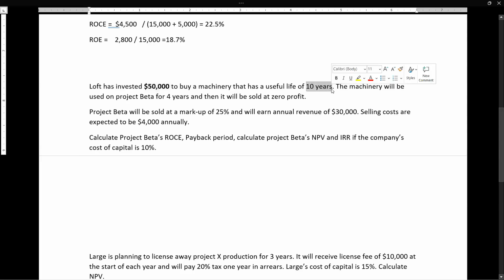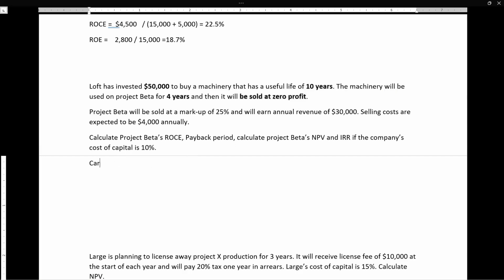years. The machinery will be used for project beta for 4 years, and then it will be sold at zero profit. The fact that it will be sold at zero profit means that we will need to calculate the carrying amount by that time. So what will be the carrying amount, which equals to sales proceeds, sales from this machinery